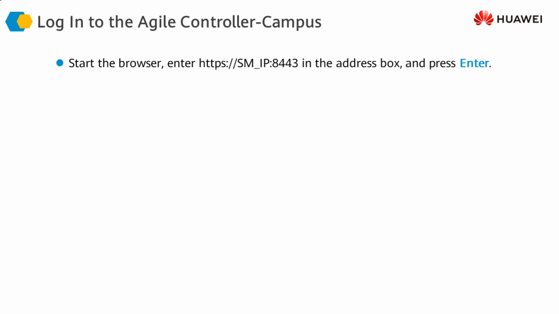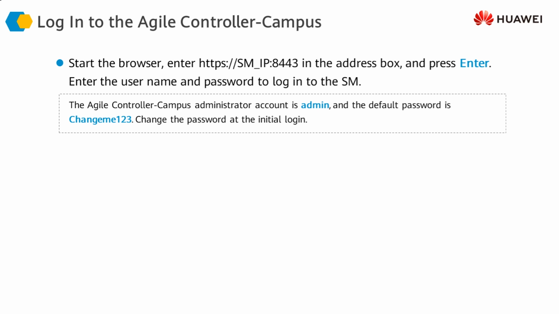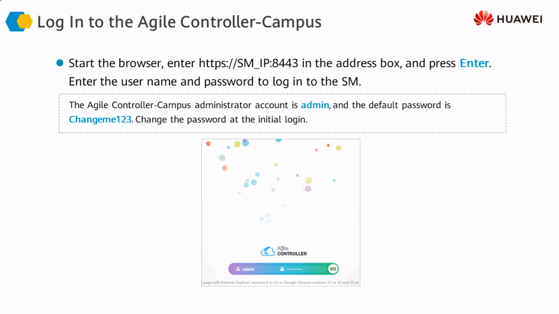In the web browser, we give the IP address of the service manager, which we configured previously, using port 8443, and we land on this screen. On this screen, we give admin as the username and change me 123 as the password. This is the default password which is configured whenever we install the server. However, the first time we try to log in, we have to change this password. We change it, and then the new password will be used for accessing the server.